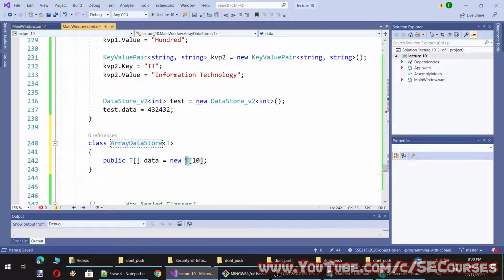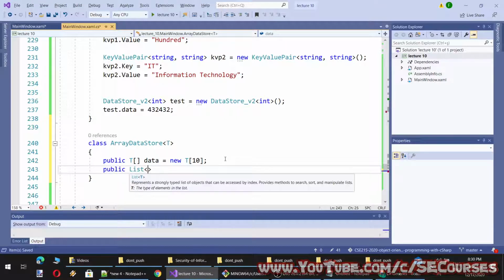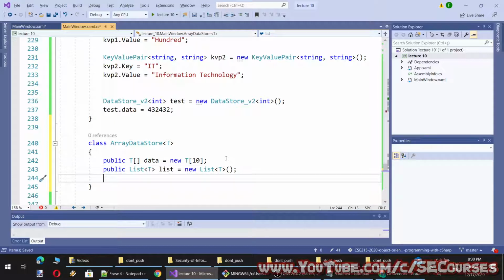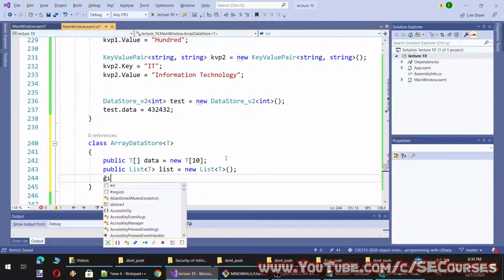However, you see its type is still T. So this just initializes an empty array, and we can also have a list of T type. And can I have something like this? I wonder that.